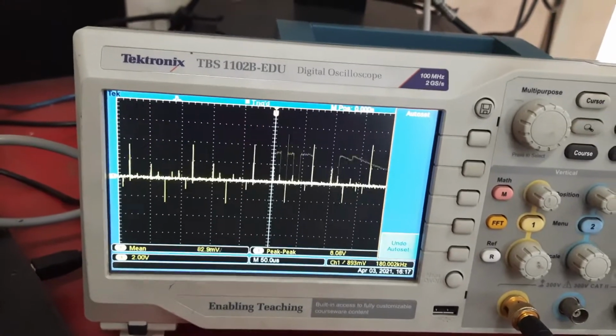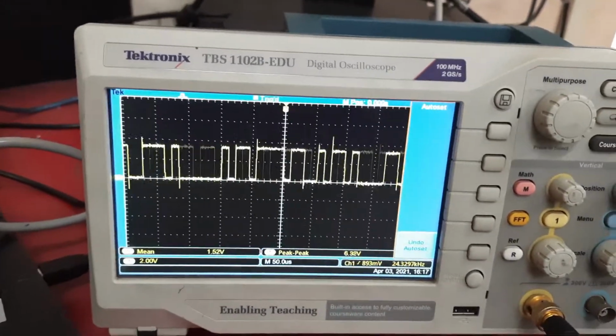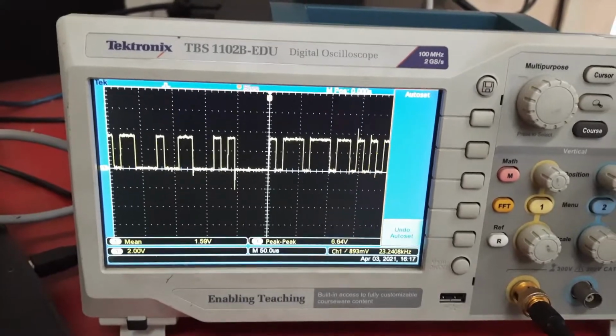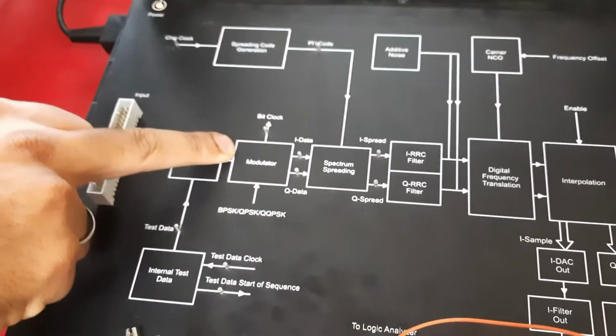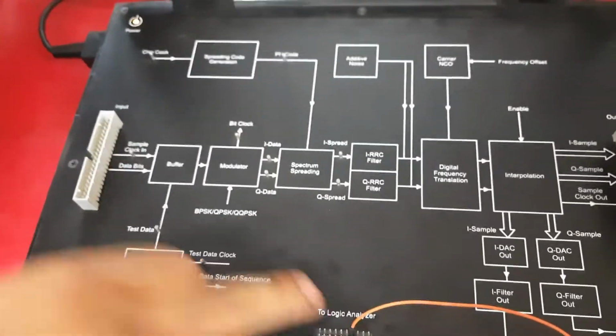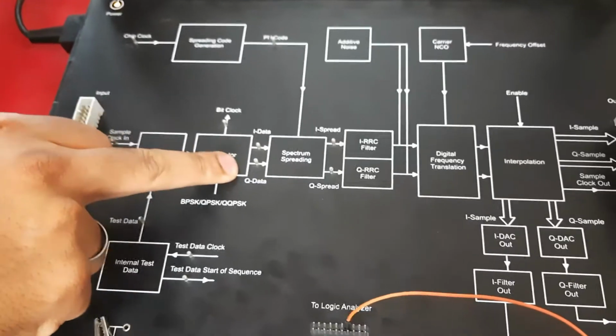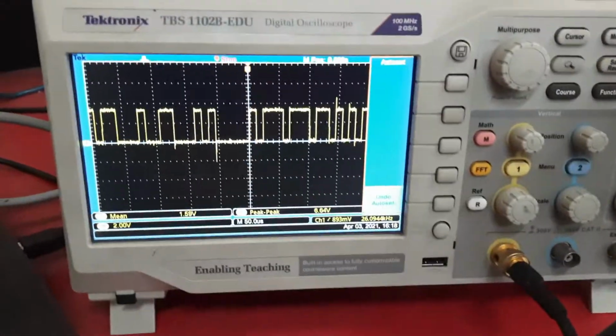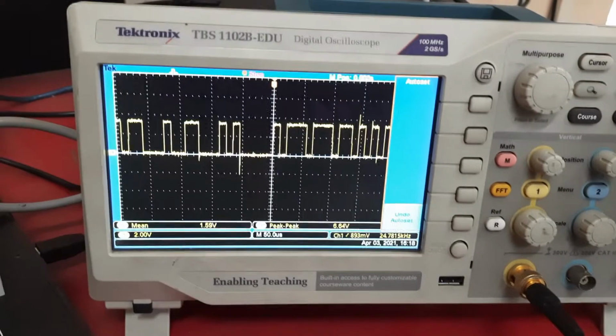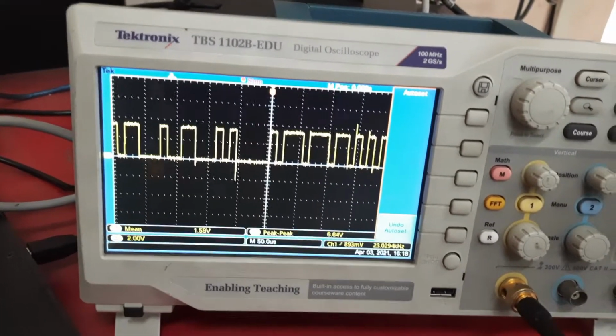We will observe the I data on the 7th pin. I data is the output of the modulator. We can also see this output at this point, I and Q data. Now we are seeing the I data output which I have connected to the oscilloscope. This is the pin, and the I data looks like this. Now Q data.